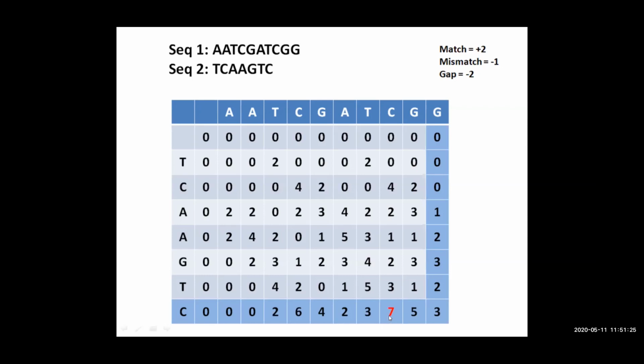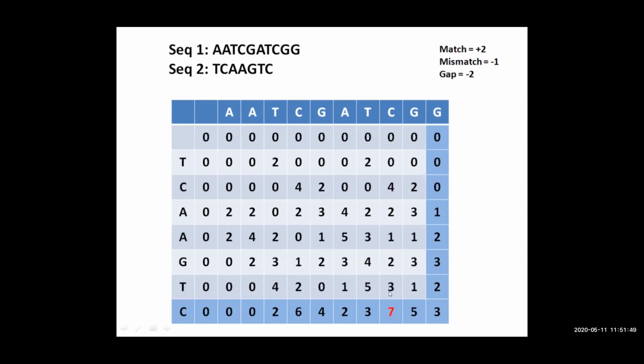So unlike the previous one in Needleman-Wunsch, where we start calculating from the last cell, here we will not start from there. Backtracking will be started from the highest value among the cells in the last column and last row. So this is the cell from which we will do backtracking. Now first let us consider where from this 7 has come.